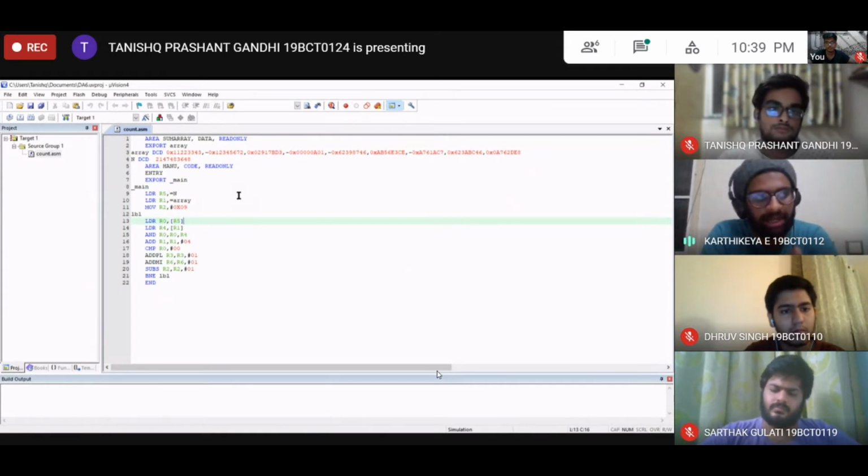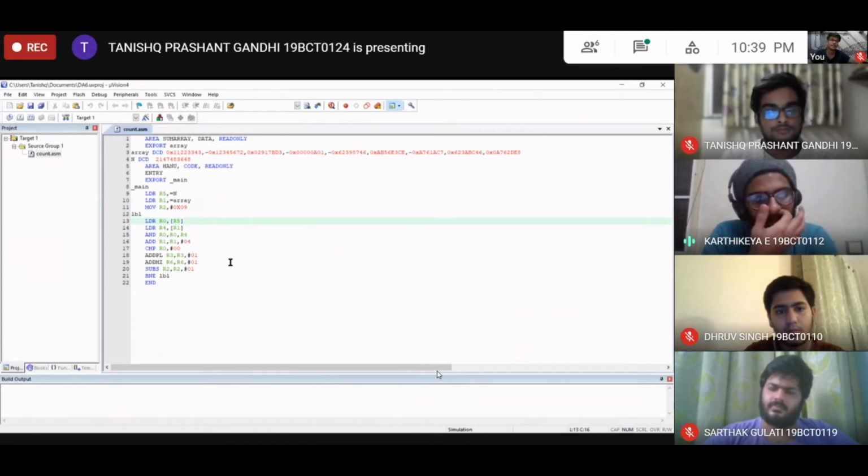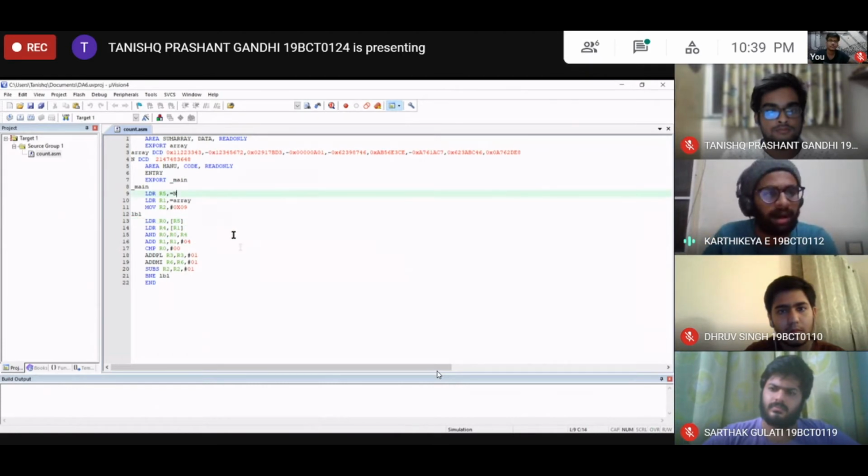It is not the stack entirely, but it points to the first element, the first 32 bits. The DCD directive allocates one or more words of memory aligned on 4-byte boundaries and defines the initial runtime content of the memory. Now once we have understood that, what's happening in line number 9, like Dhruv already explained before, the register R5 has a value of n.